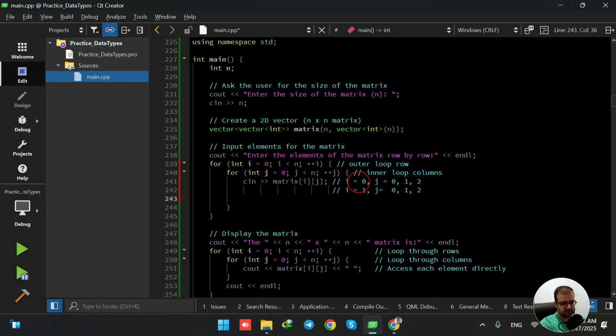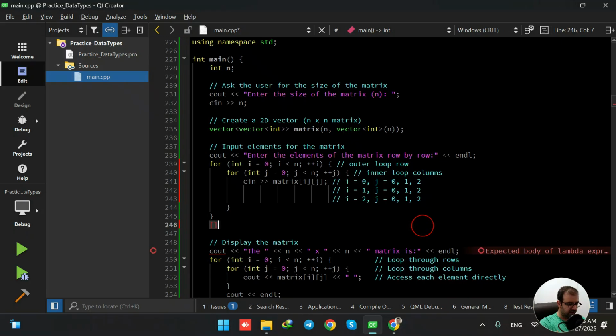And finally, we are going to have I equals to 2, j equals to 0, 1, and 2. And we're going to store based on the user input. So first of all, when the user is going to enter the first number, it is going to be stored in the I equals to 1, j equals 0 means,